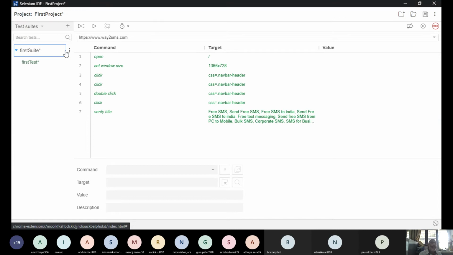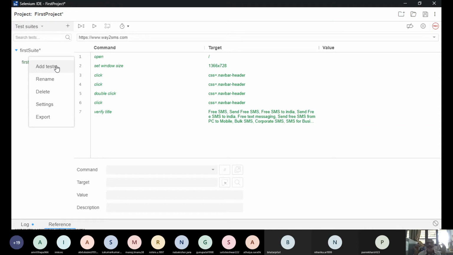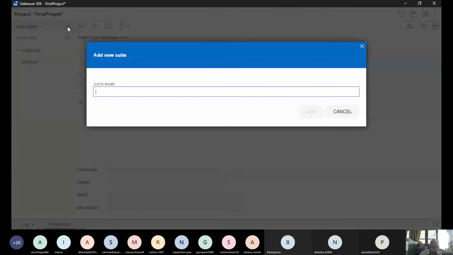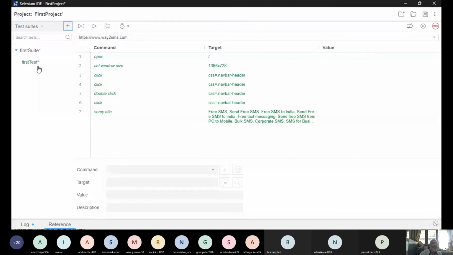If I want to add some test cases, there are two ways I can add them. Either I click here and then add test. Do you see here? I can add tests here because a test suite is basically a collection of test cases. Understand? A collection of test cases is what I call a test suite. So that's one way. Or you can click this: when you go to test suites, the plus is for creating a test suite altogether. Are you able to understand? So go to the test suite, click here and then add tests.